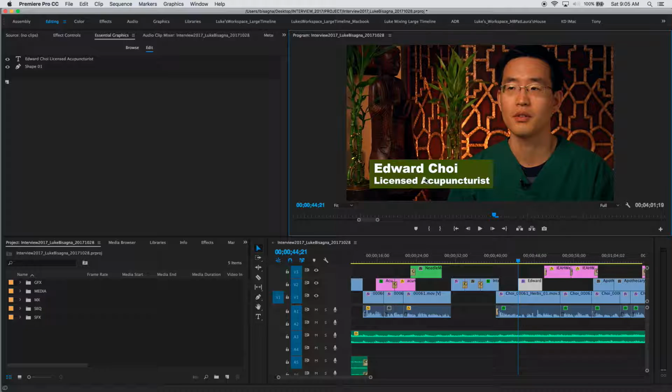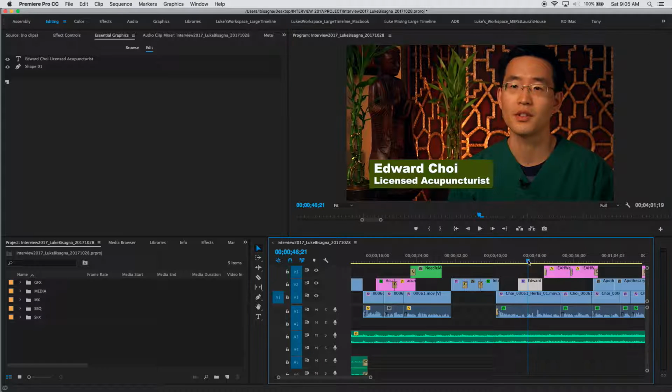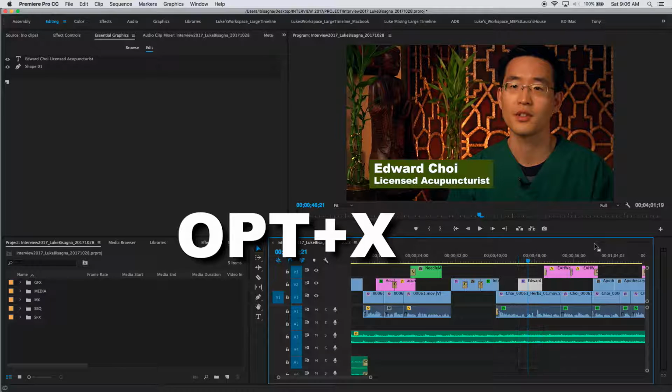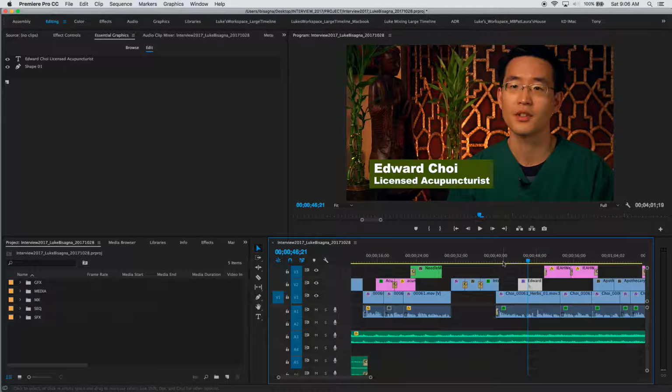Okay, so now that we have the text and box element constructed, I want to place it in the timeline. So by default, you can see if I select and hit my slash key that the graphic element is just about 5 seconds long. Option X to remove my in and out. And I'd like to align this element in the timeline so that a particular swell in the music cues its